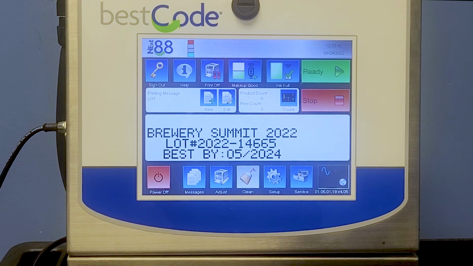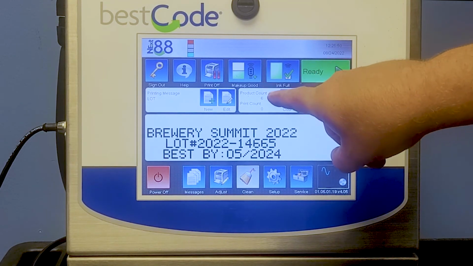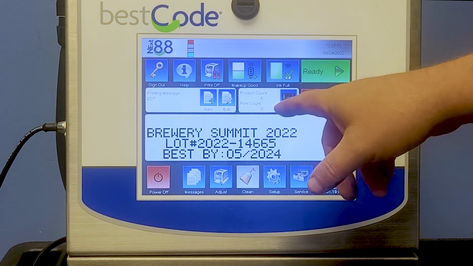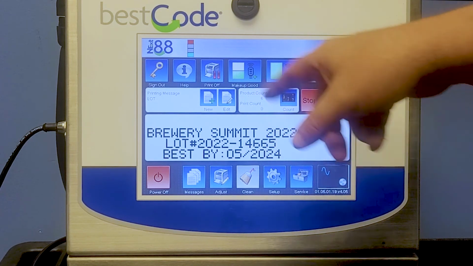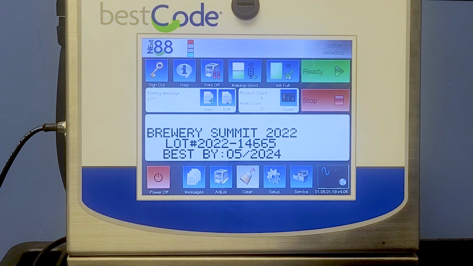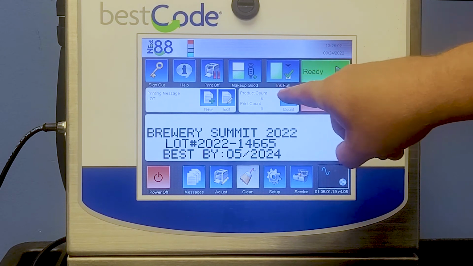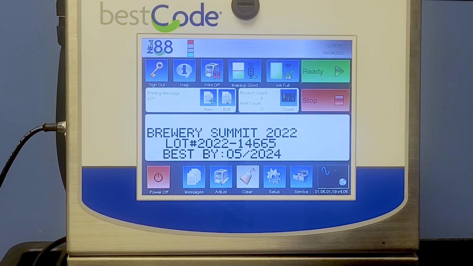So going back to the home screen just for a moment, if you notice that your product is going down the conveyor and you have no product count going up or print, well, print might not go up because you might have your printer paused or turned off. But if you notice that your print count isn't going up, and it should be,